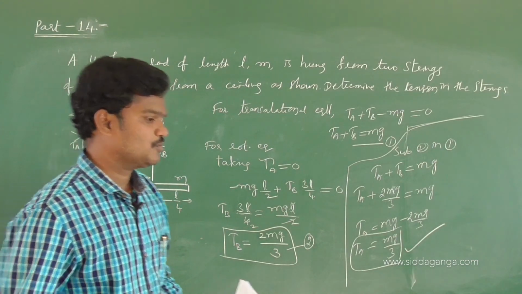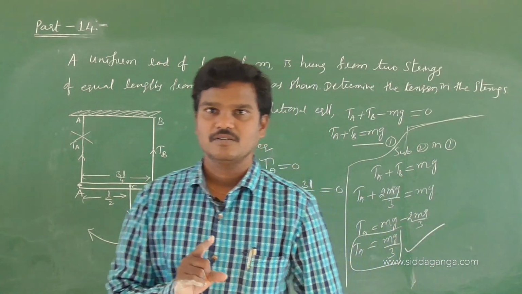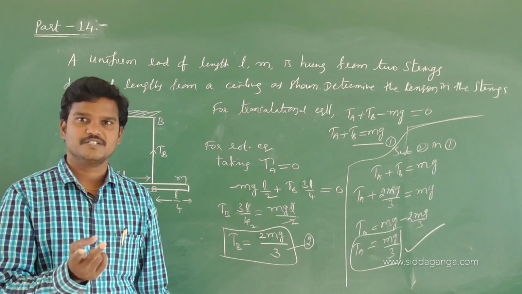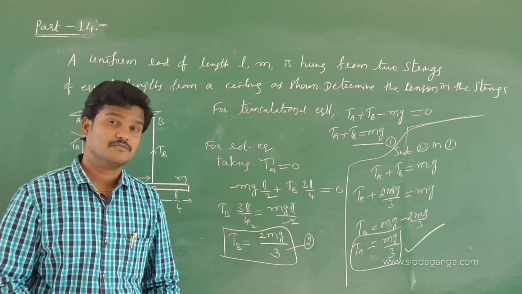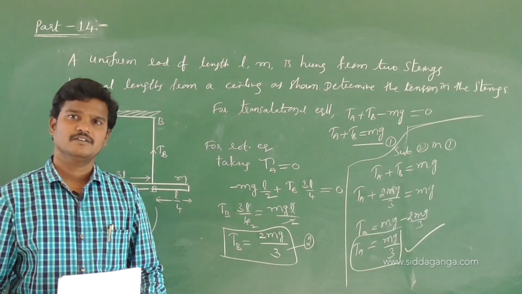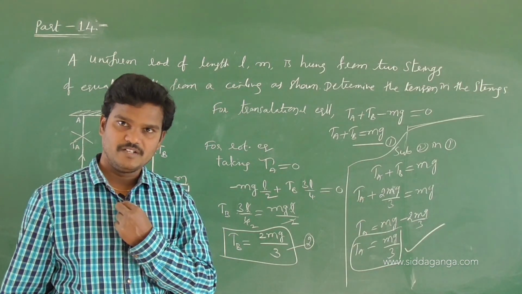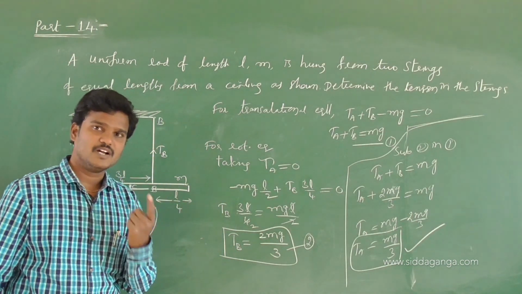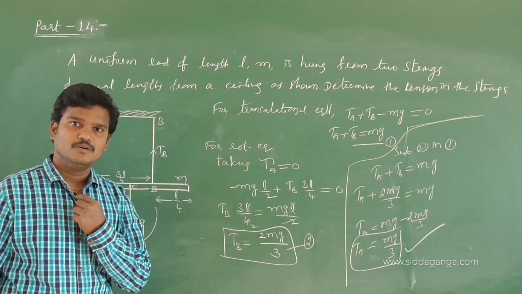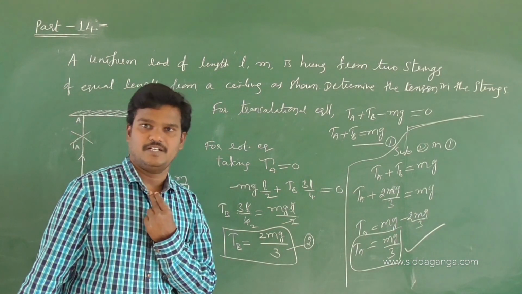See, up to now I covered equilibrium of a rigid body. Today the main concept is equilibrium of a rigid body. There are two conditions, translational equilibrium and rotational equilibrium. The condition for translational equilibrium is very clear: if the net force acting on the body is 0, then the rigid body is said to be in translational equilibrium. And if the net torque acting on the rigid body is 0, then the rigid body is said to be in rotational equilibrium. Please go through the NCERT, you will understand everything clearly.